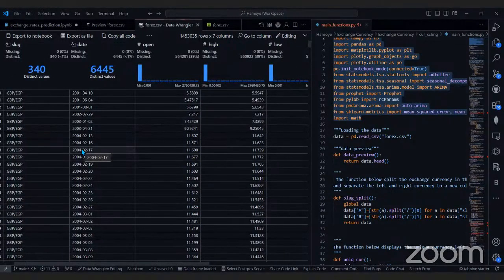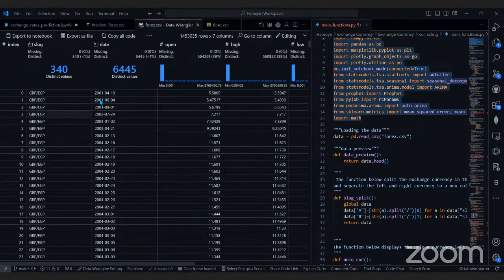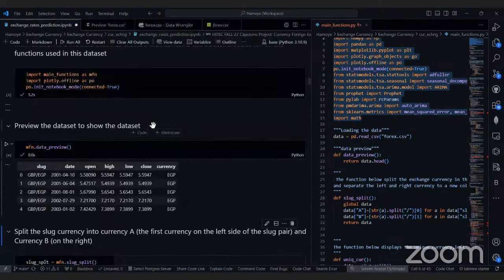It opens at a particular rate, right? So in other words, this is Egyptian pounds and British pounds as of the 10th of April, 2001. It opened that day with, I think it should be five. Sorry, one British pound equals 5 Egyptian pounds. That was the explanation I gave earlier, because I'm just trying to make sure we are following along so that no one gets lost.